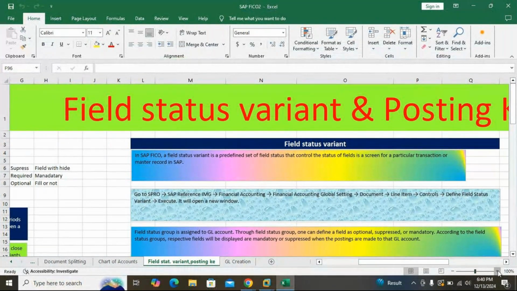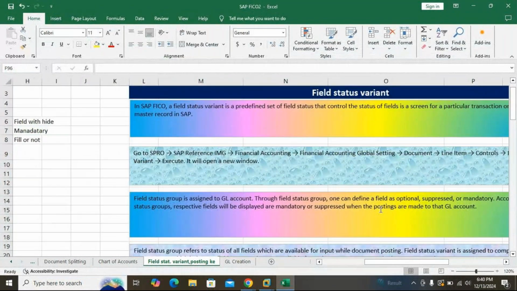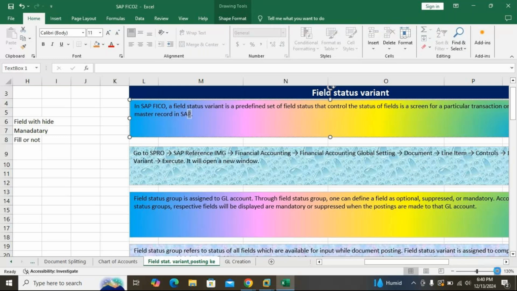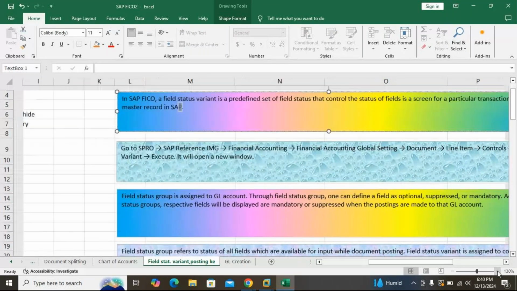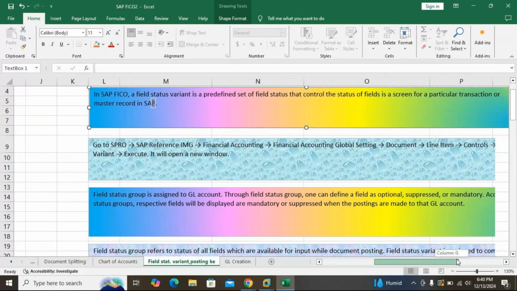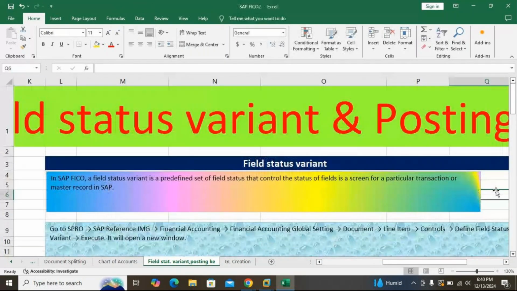So I'll increase the zoom size. Please write this, so that we can do field status variant. Make a note on this.